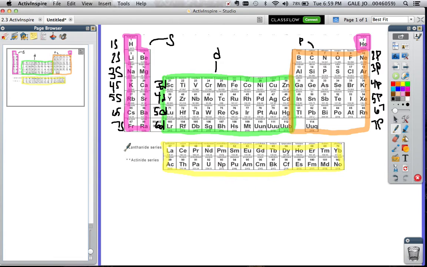And then we're going to jump down to the f orbital. This is 4f and 5f. Okay, so the basic thing that you need to know when doing electron configuration is that it reads left